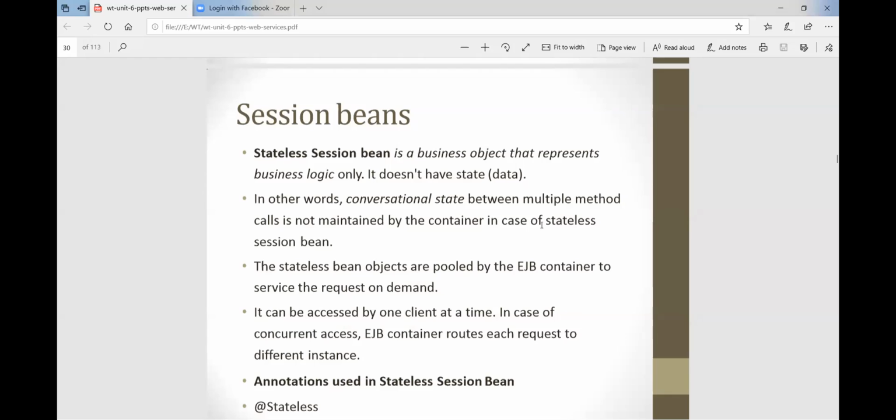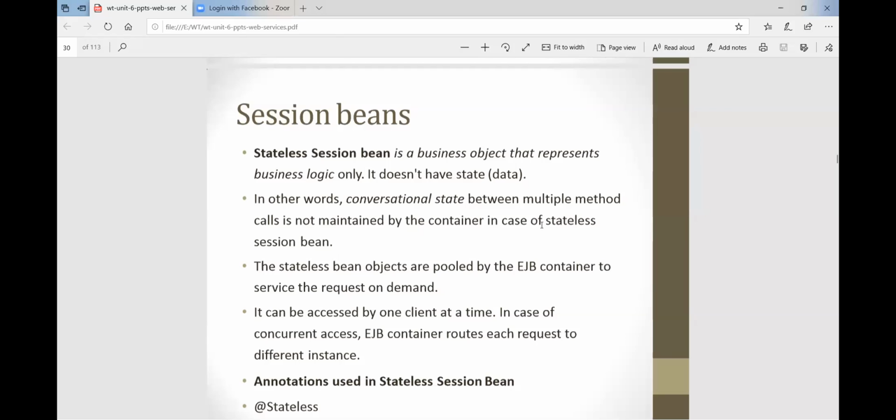In case of stateless session beans, the stateless bean objects are pooled by the EJB container. The EJB container can pool the stateless objects to service requests on demand, as per the user request demand, right?